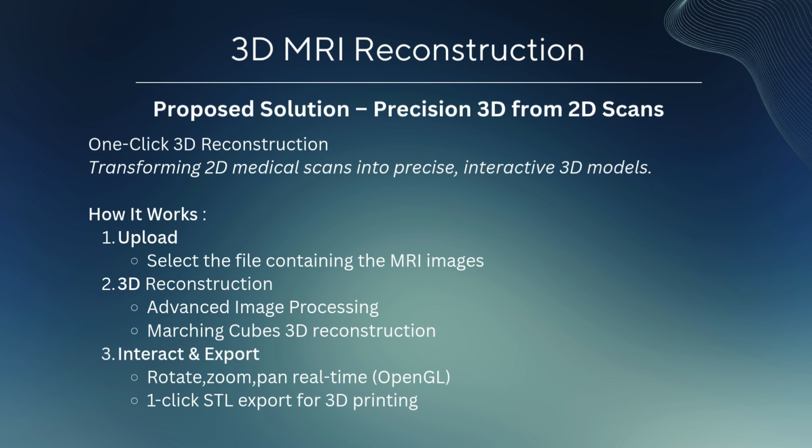The first thing is advanced image processing, which reduces the noise and also does edge enhancement to clean up the data. Next is marching cubes. This classic algorithm converts voxel data into a smooth high fidelity 3D mesh. Furthermore, we have interact and export. Here you can rotate, zoom, and also explore the model in real time using OpenGL for fluid visuals. And the user can export to STL with one click, which is ready for 3D printing, surgical planning, or